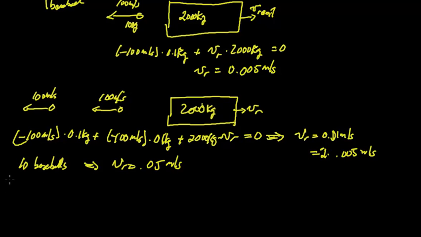And if I have 200 throwers and we have 10 baseballs per second, that's going to give me a recoil speed of 10 meters per second